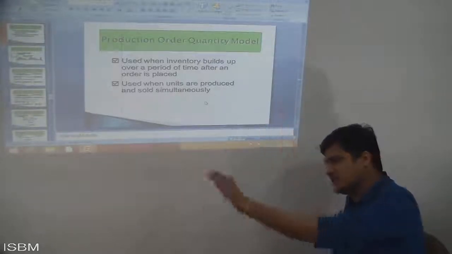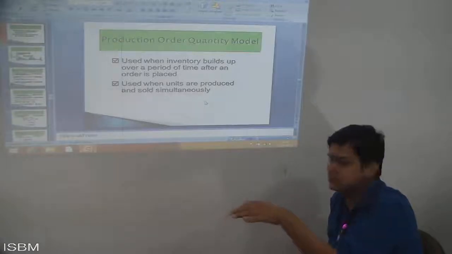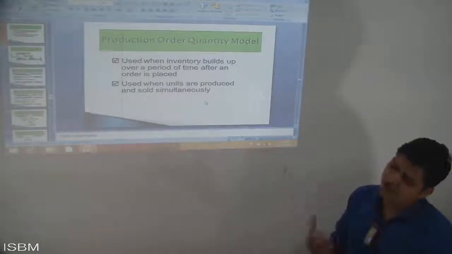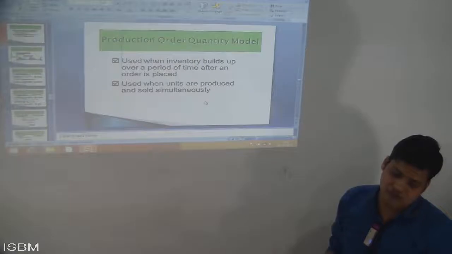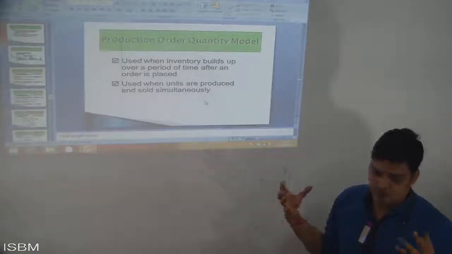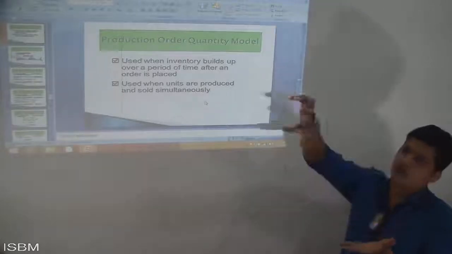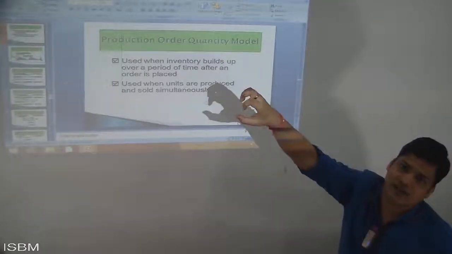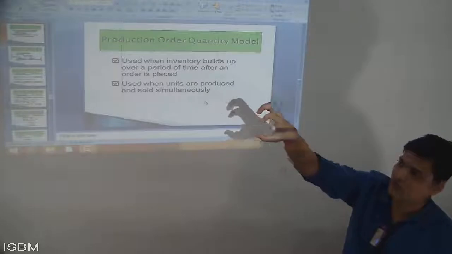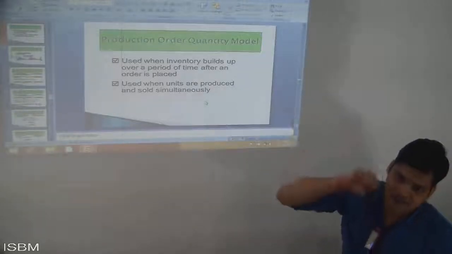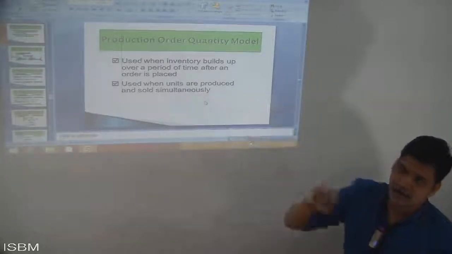If there is production, then we add the production cost also, but in most cases it will not ask you for the production cost. So basically you only have to work with these formulas, and put in the values given in the question, just like demand, then S, then here